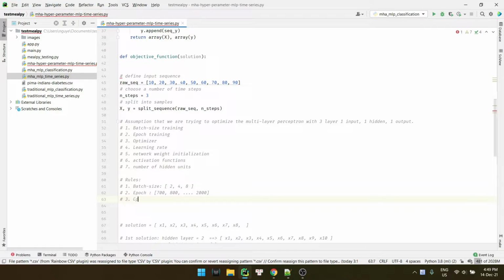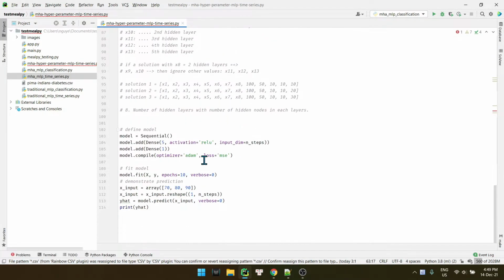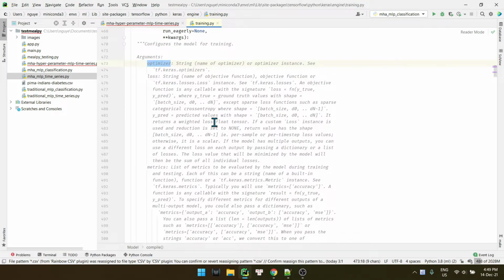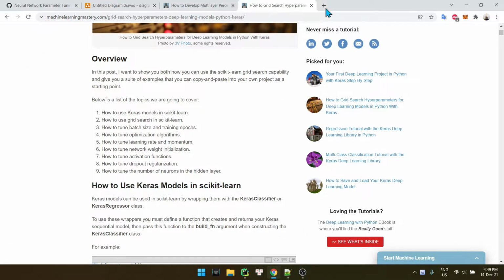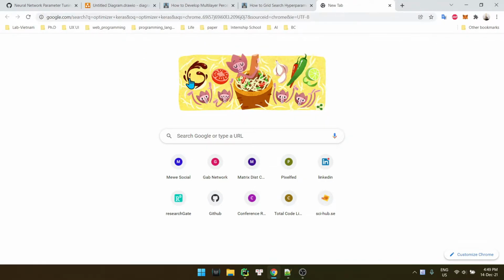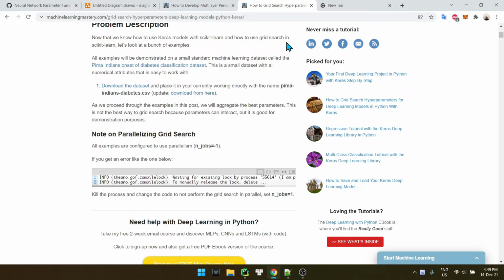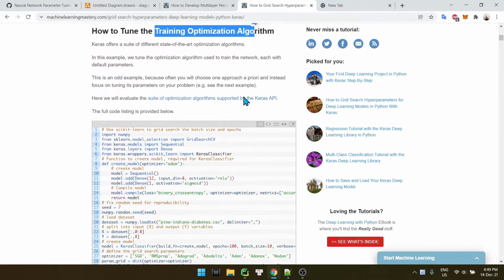And for optimizer, okay, for optimizer we can see from here. Maybe we can search the optimizer in the docs, right? Or we can search from here: training optimizer algorithm.